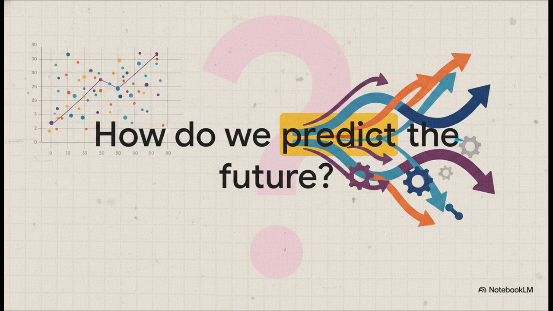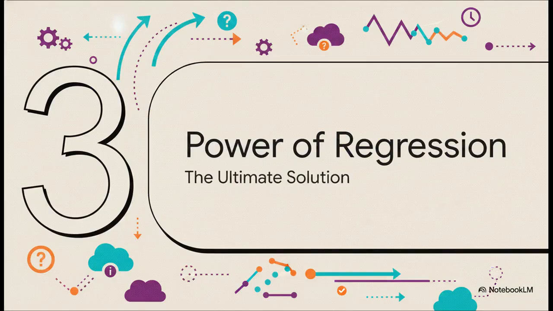So this brings us to a massive pivot point in our analysis. Here is the big question. We understand the relationship now, but how do we predict the future? I mean, it's one thing to look backward at a scatter diagram and confidently say, okay, I see how these 2 things are connected. But it is an entirely different, much more powerful thing to leverage those proven connections for actual foresight. We've got to take what we've learned and evolve it. And that ultimate evolution of data analysis is what we're diving into next in section 3, the power of regression.